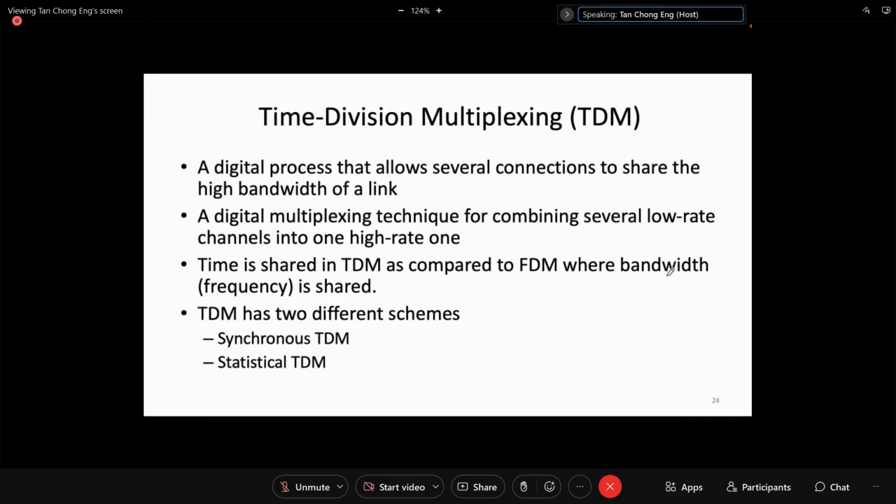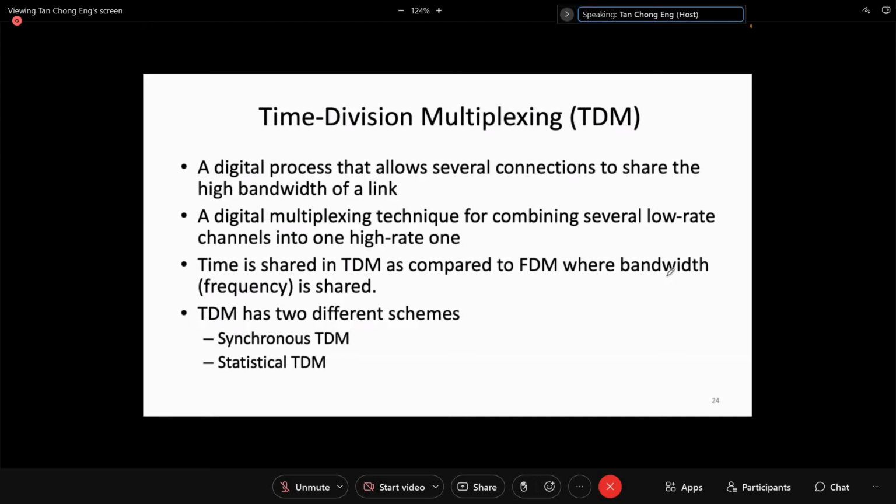For example, if 1 second is shared by 10 people, each user will get 0.1 second, isn't it? So 0.1 second, is it a lot? Maybe to us, 0.1 second is so little. So what can we do in 0.1 second? Maybe you don't appreciate this, but in a computerized system,